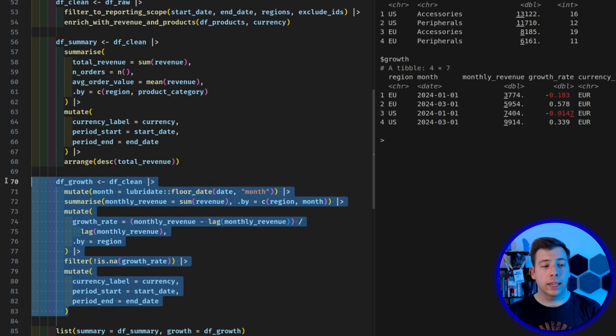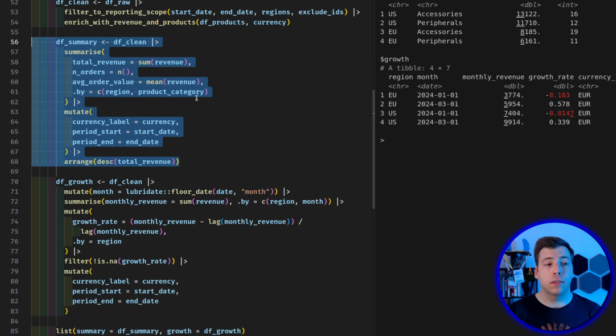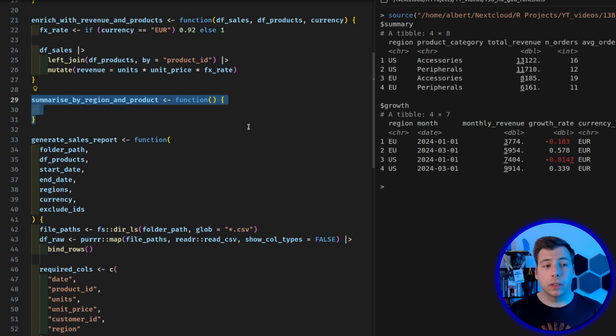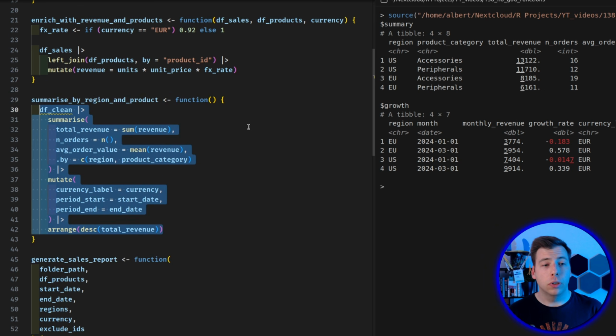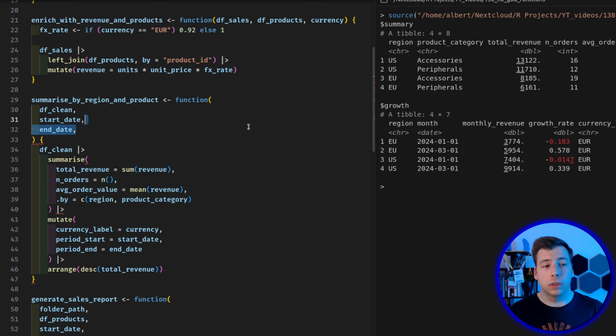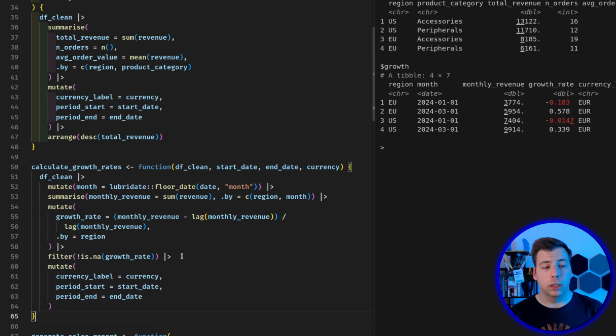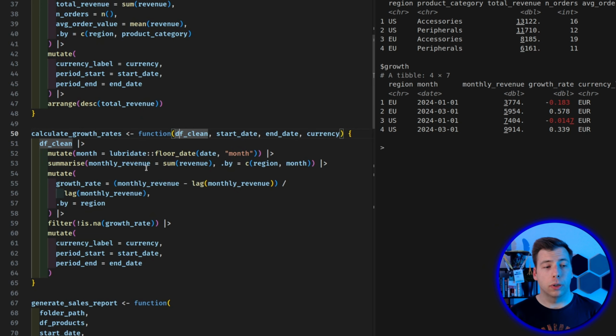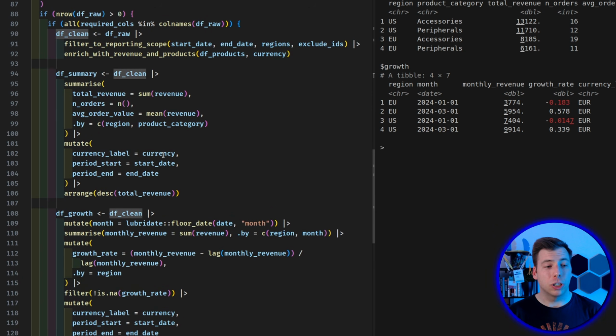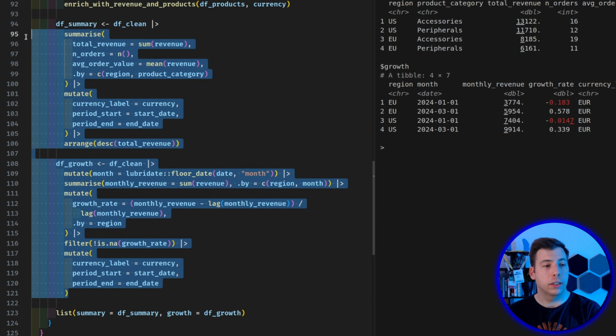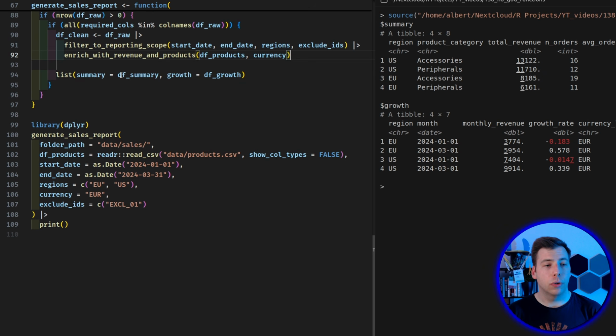And then we can do the exact same thing for this one variable, df growth, and for the other data frame, df summary, we can create one function for each of those. So here, create a new function with a nice name, stick in the code from before, and fill in the arguments with the actual variables you need as part of this code chunk. And the same thing applies for the other data frame. I'll just put in the code here so that you don't get bored watching me refactor this. And then we can delete this stuff and say our return thing is just the functions that we've just created